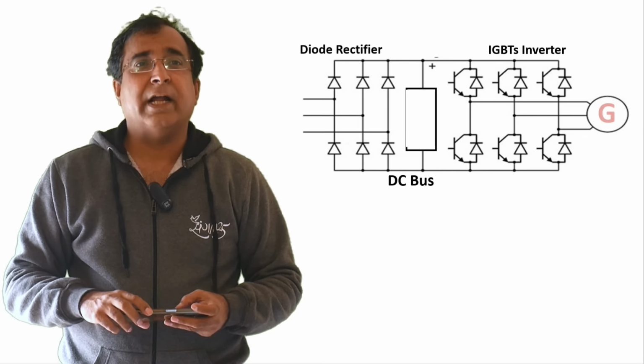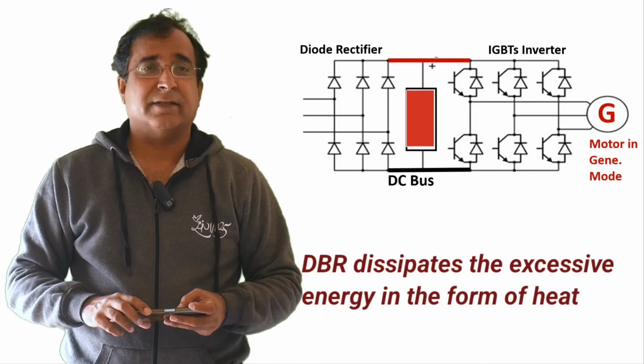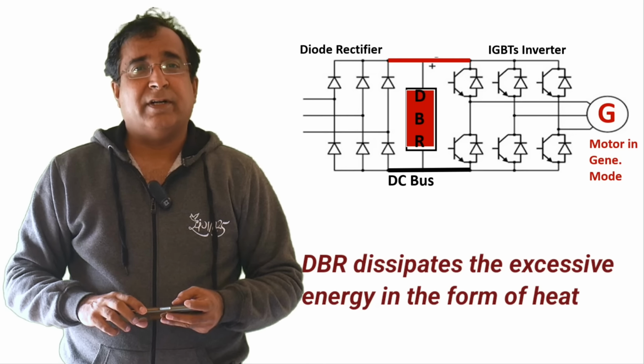Now the solution was to remove or dissipate that extra energy to keep the motor moving smoothly. To remove or dissipate that extra energy, I had to install a DBR, dynamic braking resistance. Separate terminals are provided to install DBR in a VFD. This DBR dissipates the excess energy in the form of heat. For this, there is a duty cycle setting in the VFD which can be set from 0 to 100%. 100% duty cycle means the DBR will always be in circuit at the time of regeneration with a chopper switch and will generate maximum heat. For this, DBR is installed in an open space in a mesh box so that it can cool down quickly.